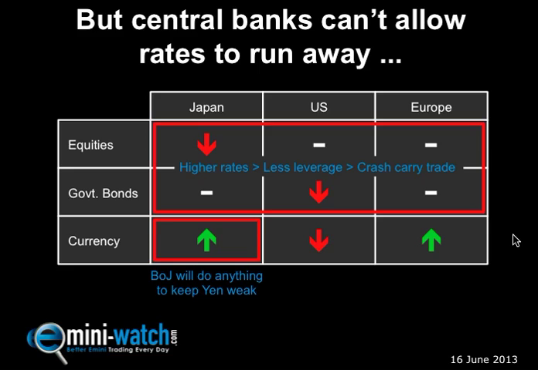Going forward, though, what do we know? We know that if central banks allow rates to run away, that crashes the carry trade. If bond markets got trashed, rates would go up a lot faster than people expect. All of a sudden there's less leverage in the system, and you start to crash the carry trade. People are borrowing in Japanese yen and US dollars and investing those monies either domestically and offshore. But if those rates go up, a lot of that leverage goes away, gets called in, and you start crashing equity markets,